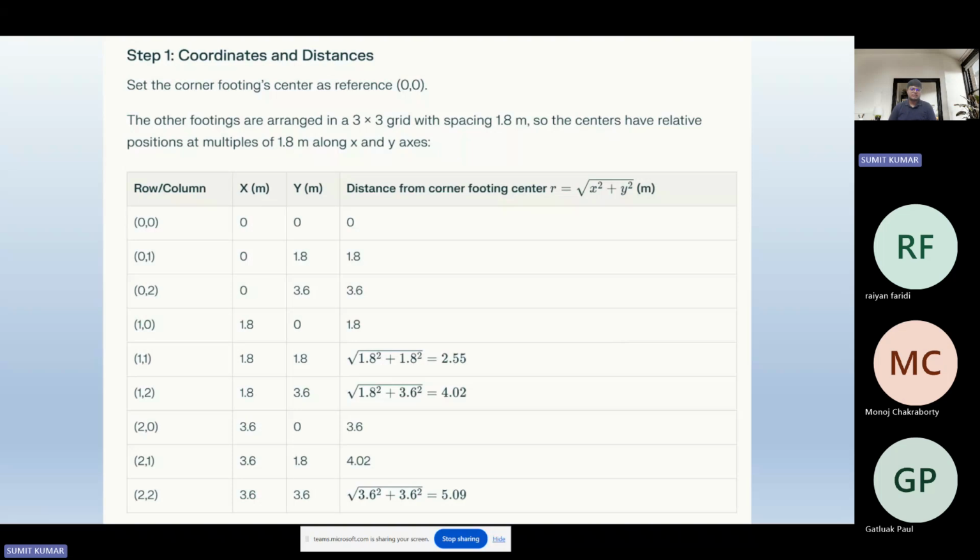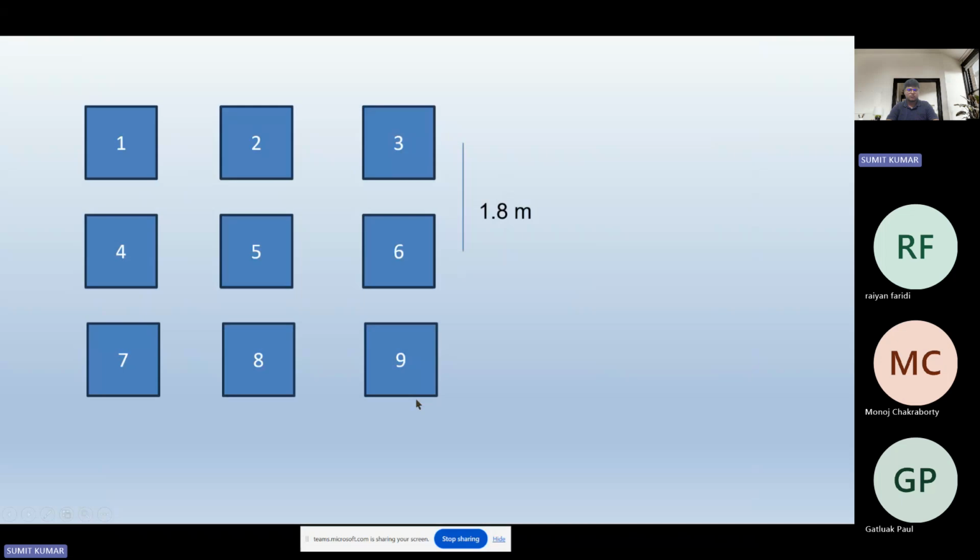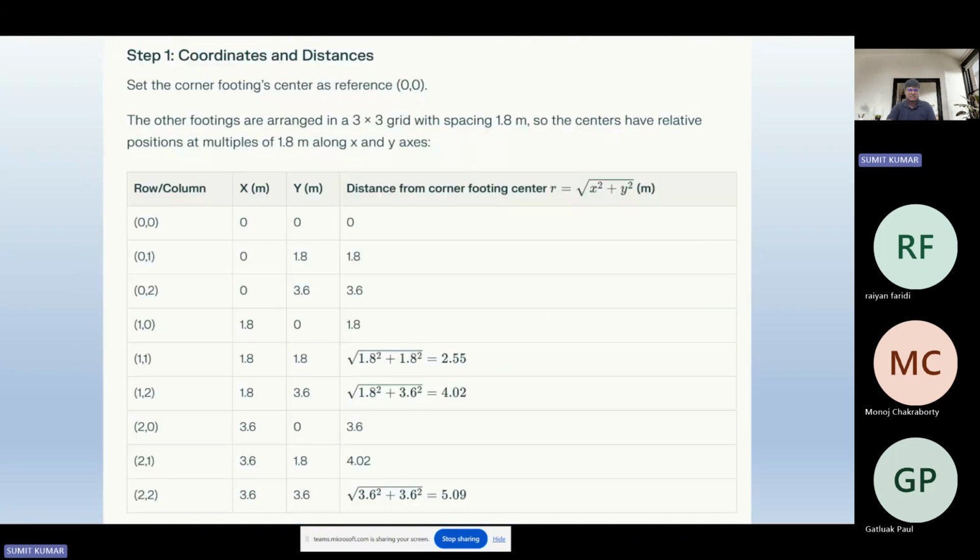And as I already mentioned, 1.8, 3.6, 1.8, 2.55, that is root of 1.8 square plus 1.8 square, and 1.8 square plus 3.6 square, which is for column 4 in our picture mentioned over here. And